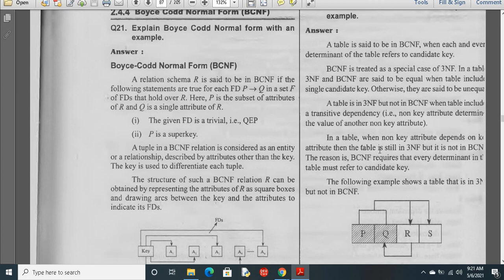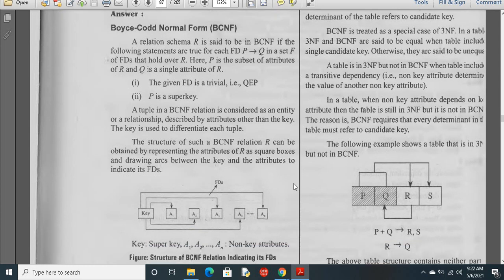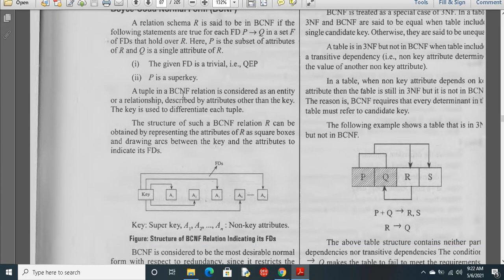Each functional dependency P to Q, so Q depends on P, in a set F. So if we take a functional dependency, there we have P to Q. So we can say Q depends on P. This functional dependency holds over R. Here P is a subset of attributes of R and Q is a single attribute of R. So the given functional dependency is trivial, or P is a super key.